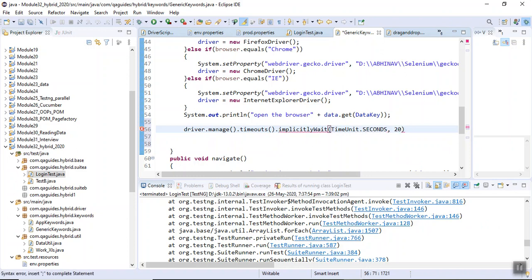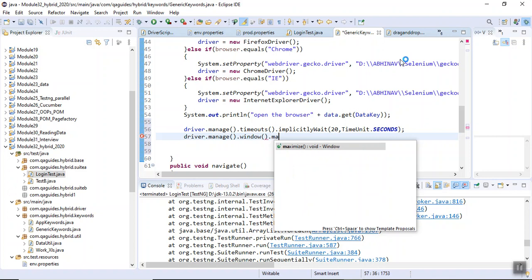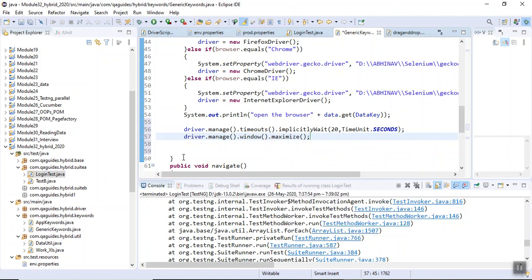Okay, I put it the wrong way. 20 seconds will come first, 20 comma. And at the end, I can maximize: driver dot manage dot window dot maximize. Getting the things? Okay, let's run it.